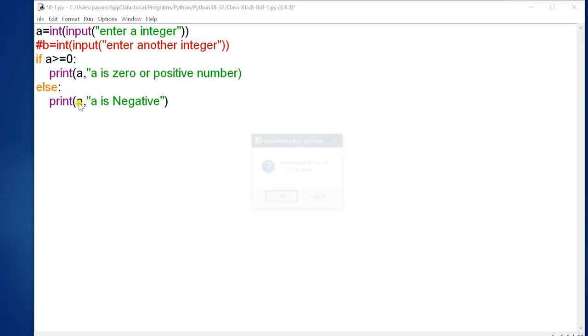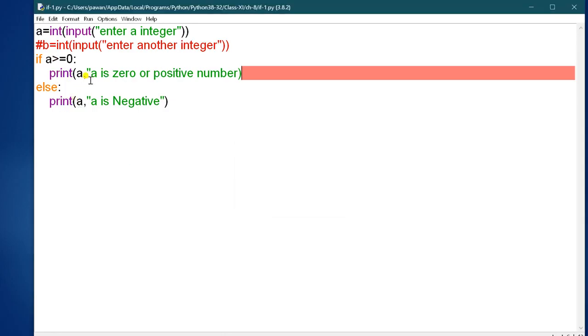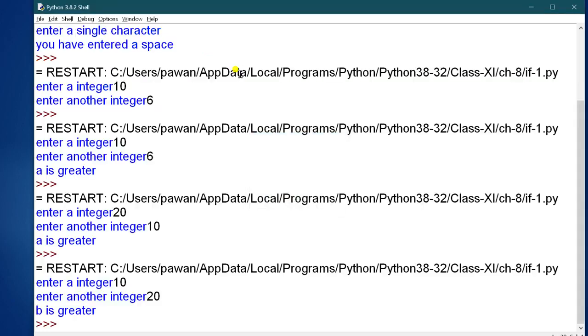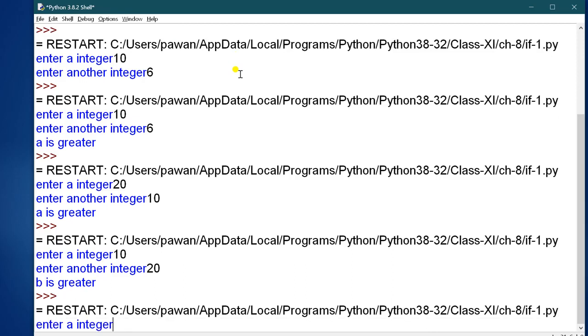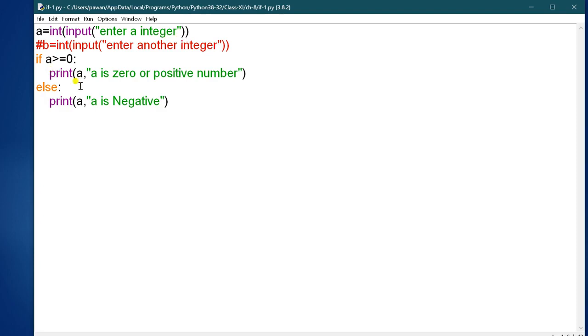Now just run it. Here I forgot the inverted comma, so just run it. Enter an integer, suppose -5. So for -5, a is negative. Okay, so you have to erase this a, here also you have to erase it.